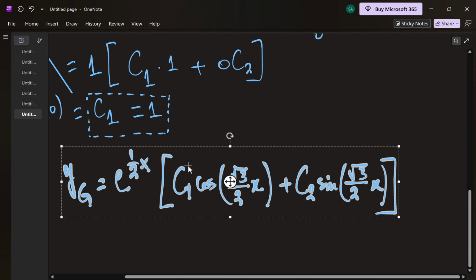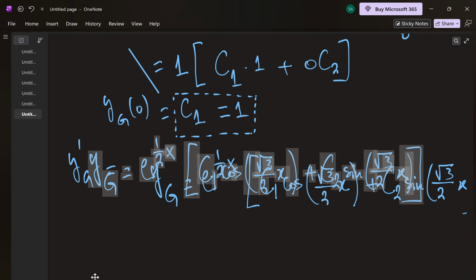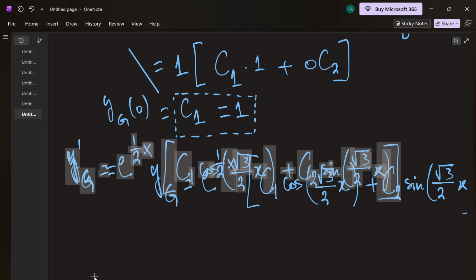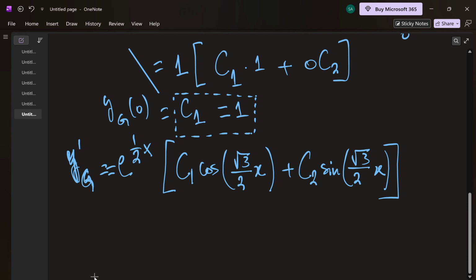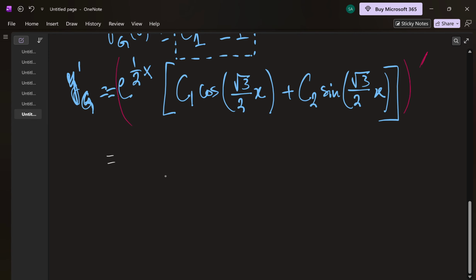So this is, we put it here. So we should take the derivative of this guy here. So let's take the derivative of this guy. So let's compute it. It is equal to we have